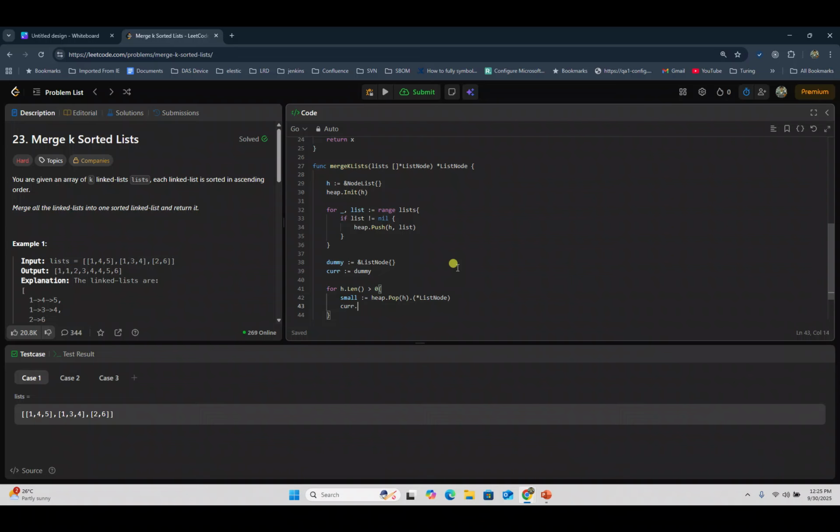So this one actually we can attach into next. Current next is equal to this particular small one, actually smallest at that point of time, right? And then this current we can move next,